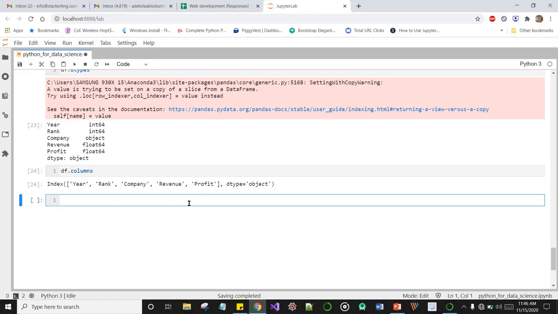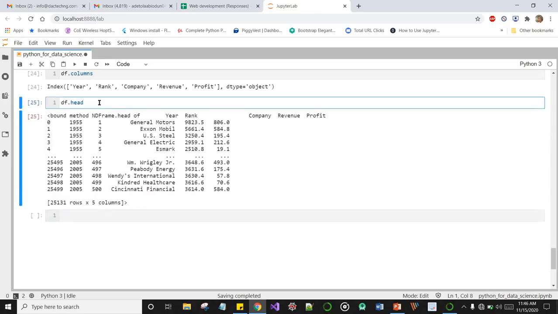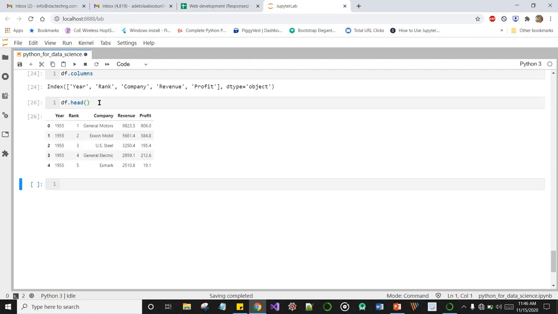All right, so let's go deeper into some visualization. From our data set, let's see if we can plot the average profit by year, to see how profit has changed historically. Let's grab our data frame again, because I'm writing a lot of code. Data frame.head. This is our data frame, and we would like to see how the profit has changed over the years from 1955 to 2006.